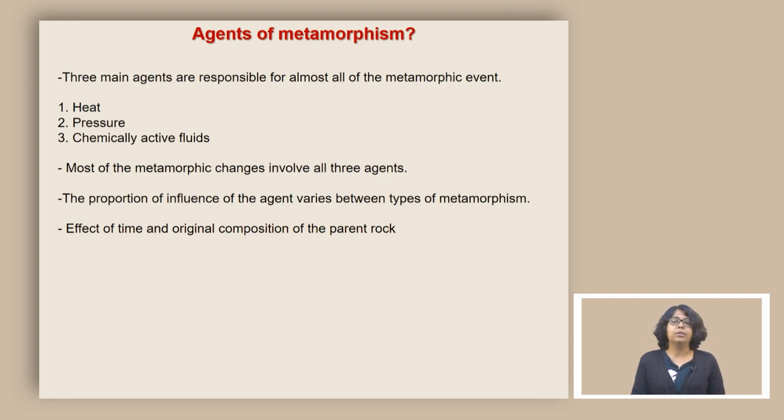The second important thing, which is very difficult to understand often and conclude about, is the effect of time. Many of the processes of heat, pressure and chemical reaction do not add up when we increase the time. Sometimes the changes are non-monotonic in nature, sometimes they change their course if it happens over a very long time. And therefore, the effect of time is often a complicating factor for metamorphism, because they cannot be scaled down